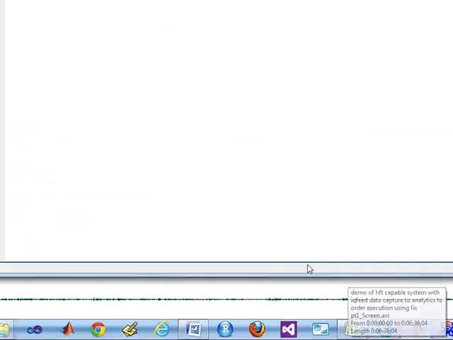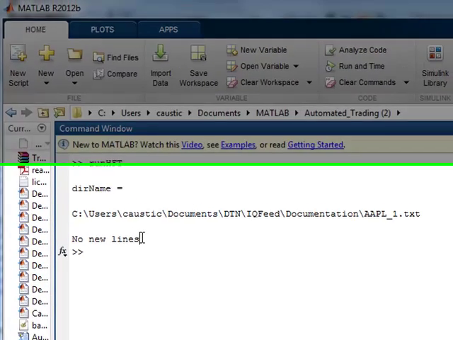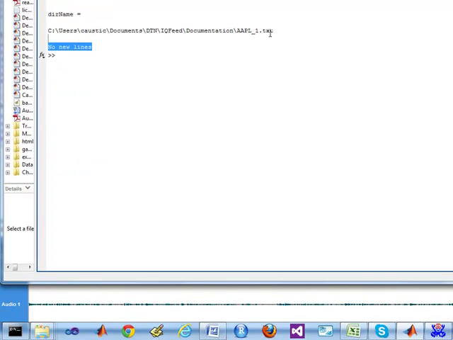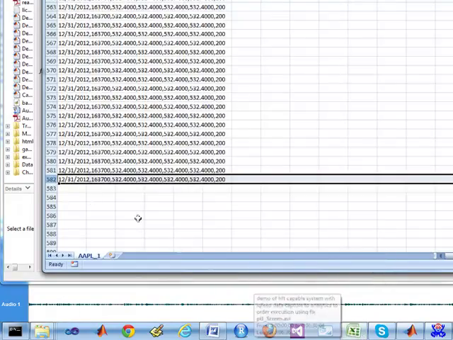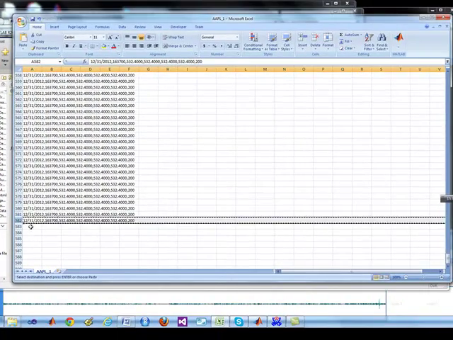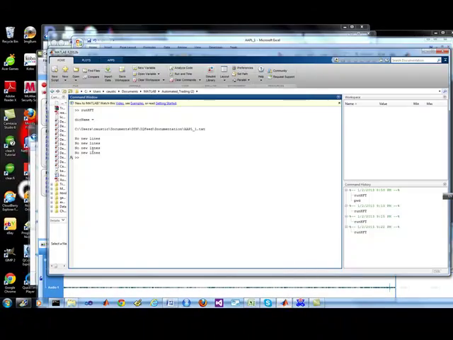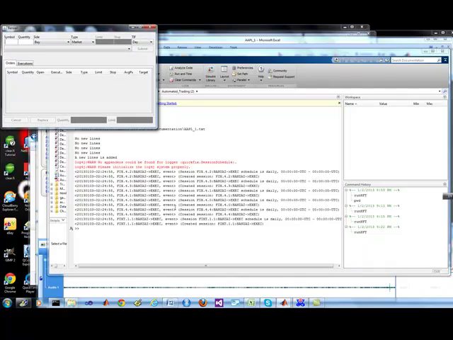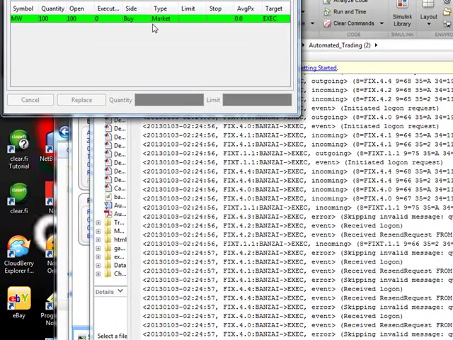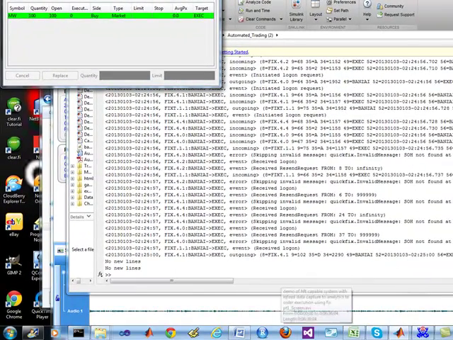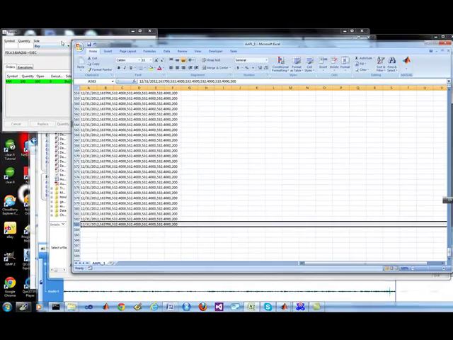So once I start up my script here, which is an M script, it's going to kick off a message saying no new line. It's going to check every few seconds, probably every 5 seconds, and it's listening to this file. So as soon as I make a change to that file by adding a line, it's going to see that, and it's going to say a new line has been added, fix activity, puts an order in, and there's going to be 3 models that are analyzing the data that has been processed from this file, from this spreadsheet or CSV. And I'll make a trading decision.